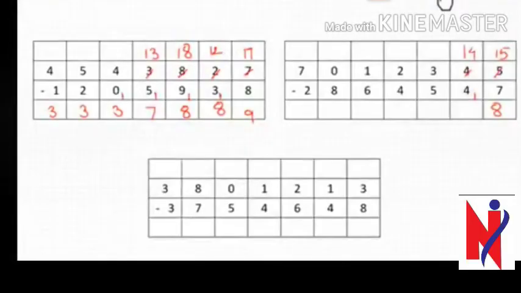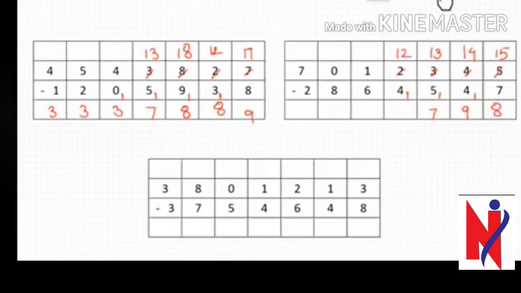8, 1 you have written here. Above 4 will become directly 14. We are adding 10 to it. 14 minus 5 is 9. That 1 you will carry it below 5. So 3 will become 13. 13 minus 6, because 5 plus 1 is 6. 13 minus 6 is 7.